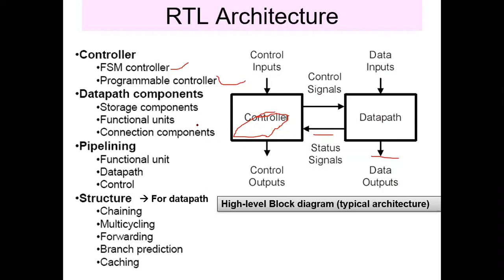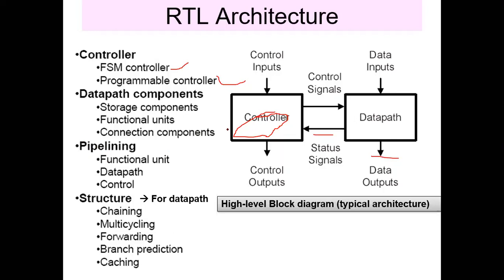So there are different methods for improving the performance. One is pipelining. Pipelining can be done for the controller or control section as well as the data path section. Different stages will be there. If it's a two-stage pipeline, two particular operations can be done simultaneously. That means one stage will be handling one operation and the second stage will be handling another operation.